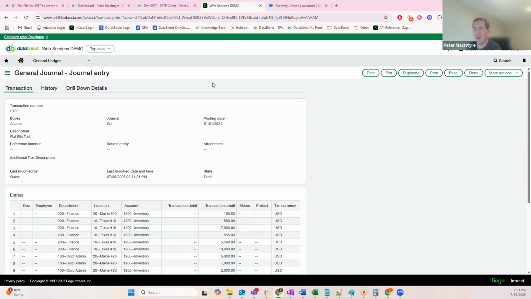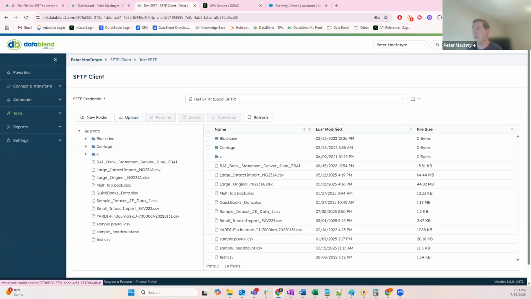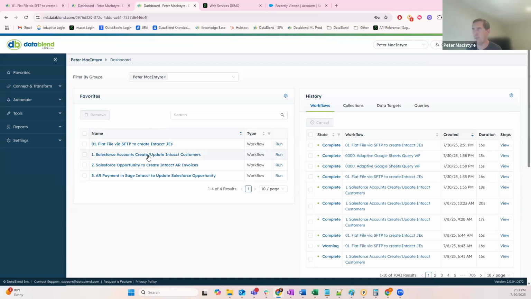The other reason is if you can automate a file out of another system and have it just automatically hit the DataBlend SFTP site, it can automate the whole process. Basically, that file can hit the SFTP, kick off the workflow automatically, and everything runs end to end without you even needing to log into DataBlend. And again, I just showed an SFTP example, but anything we can connect to via API, such as Salesforce, which is my second option here,